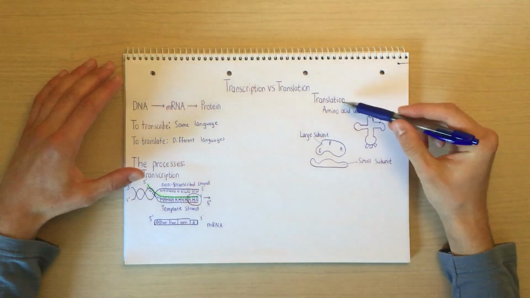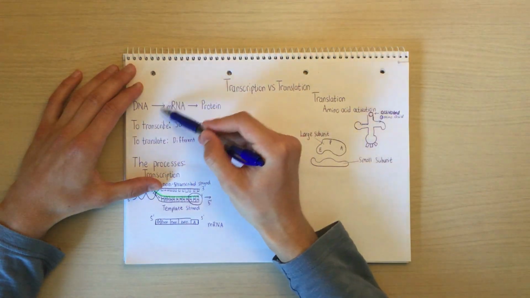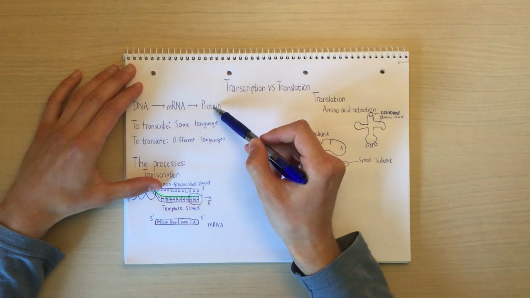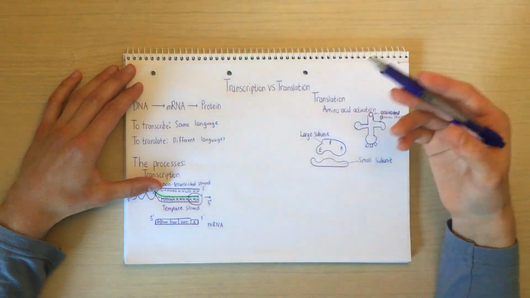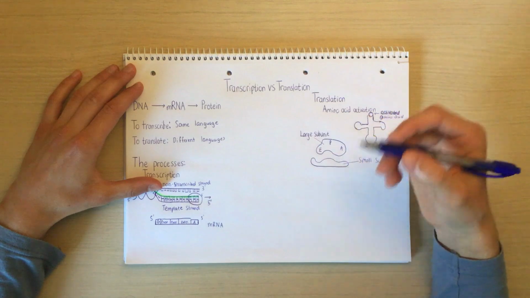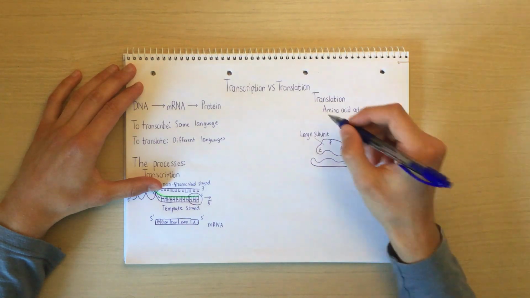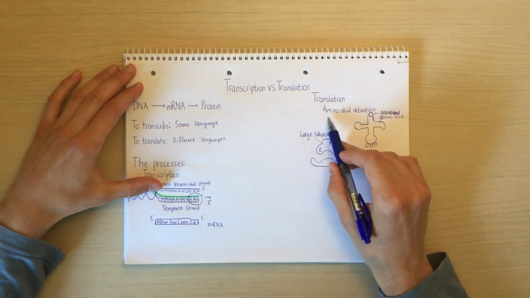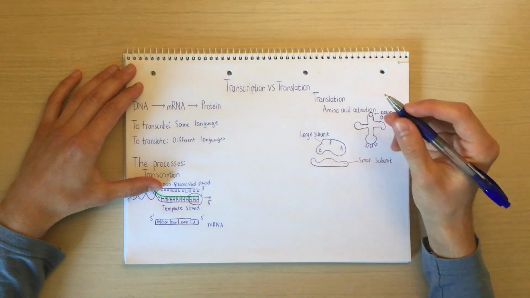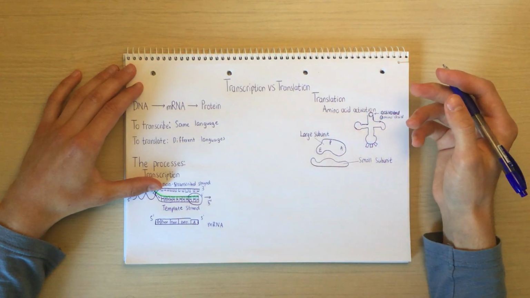Now, translation. Okay, so we have our mRNA strand and we want a protein. Now, what are proteins composed of? They're composed of amino acids. So one of the first steps of translation is amino acid activation, where the amino acids form an intermediate with